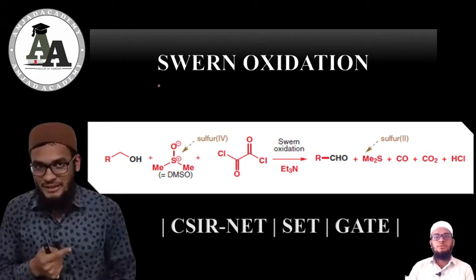In continuation with our reagent series, today I am here with a new topic called Swern oxidation. In this reaction we are going to react DMSO and oxalyl chloride. These both will react together and result in the formation of chlorosulfonium ion. So here is the structure of chlorosulfonium ion, CH3 and CH3. Now this will react with our alcohol and result in the formation of a carbonyl compound.